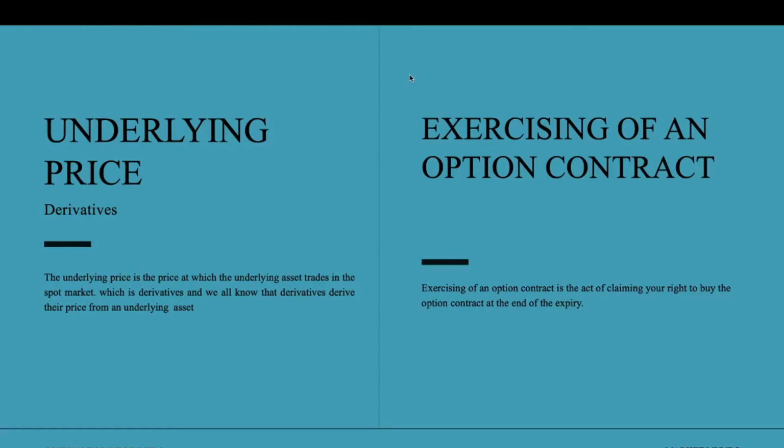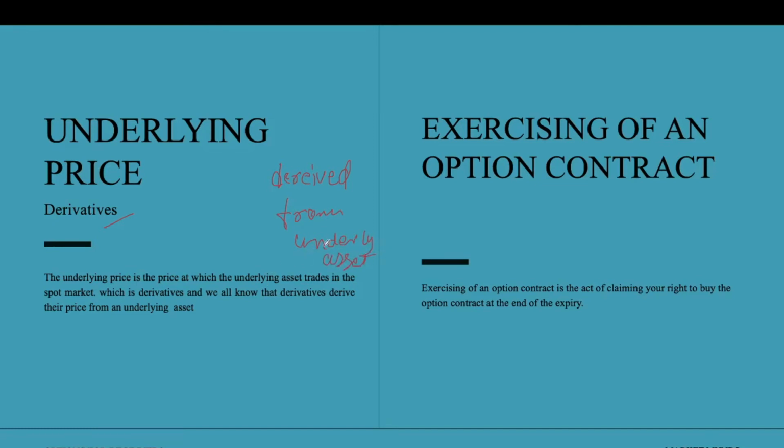Underlying price and exercising of an option contract. A very beautiful and a very simple thing. Now understand this underlying price. What is an underlying price? So what is a futures definition? In a very simple word, a derivative is nothing but it is derived from an underlying, the price is derived from an underlying asset, right? So the same way here,